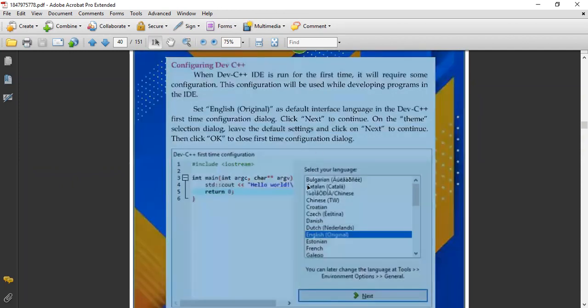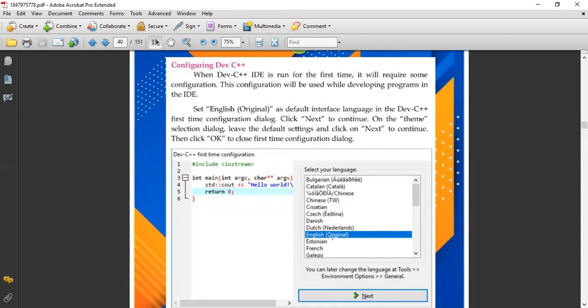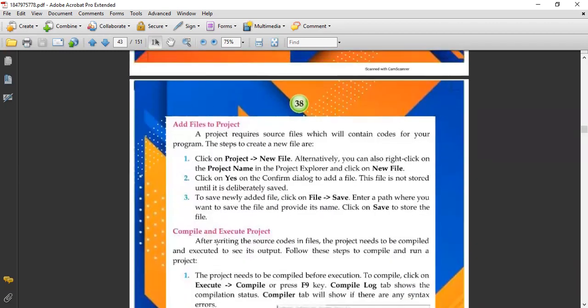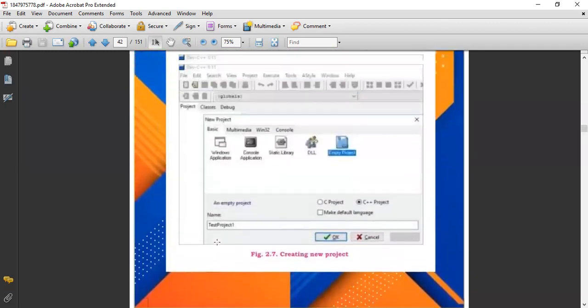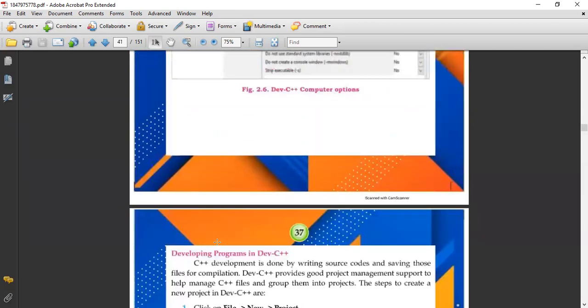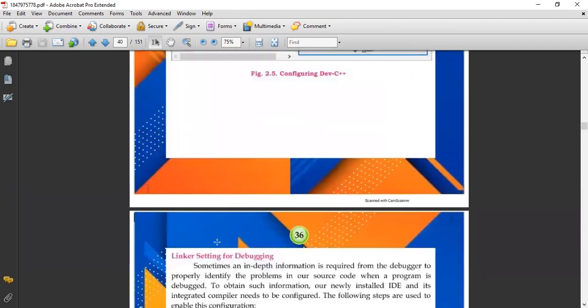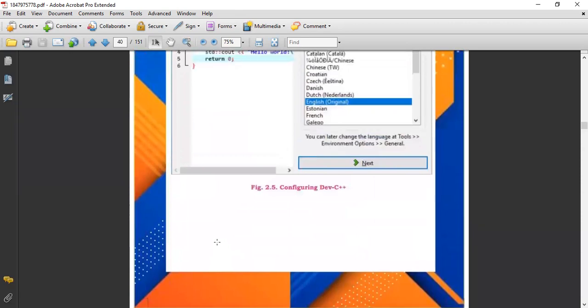On the theme, see here, English is selected and then next to continue. Yes, here. Now, next,